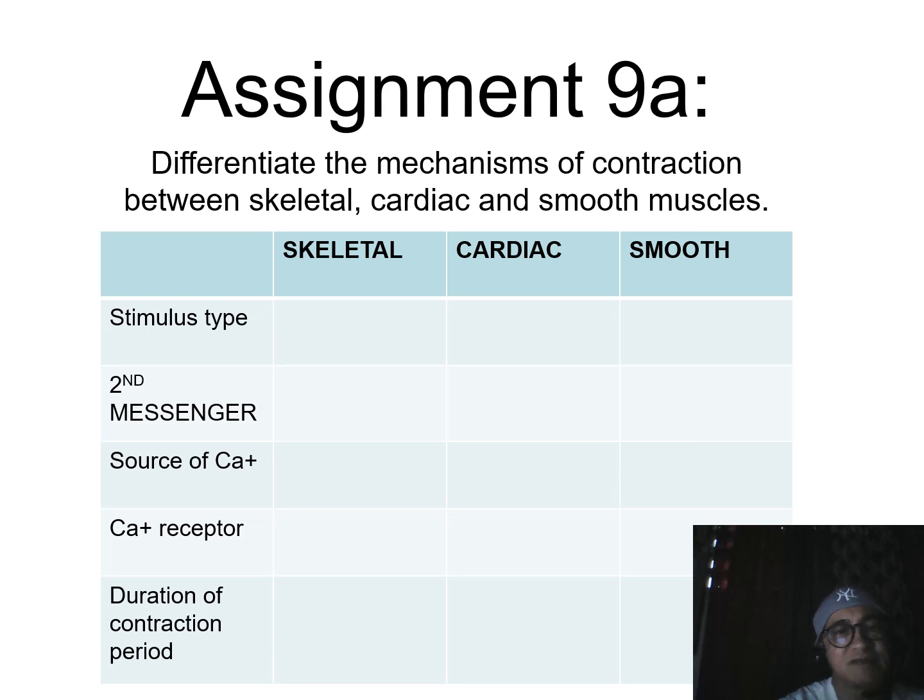As an assignment, I'd like you to differentiate the slight differences of mechanisms of contraction between skeletal muscle, cardiac muscle, and smooth muscle according to the stimulus type, the second messenger involved, the source of calcium, the calcium receptor or the calcium binding protein, and the duration of contraction period. Submit this in a PDF short size document